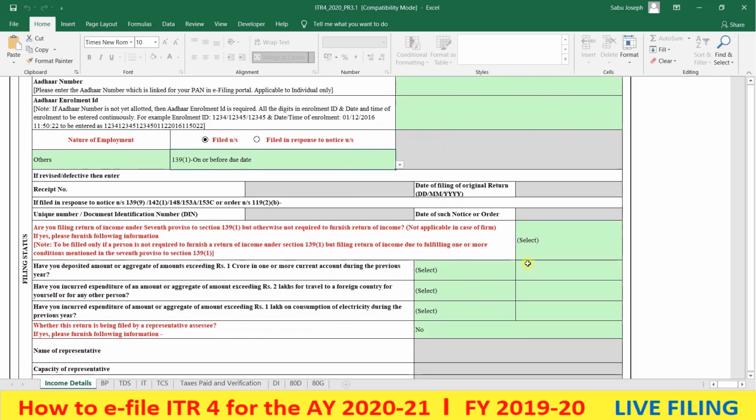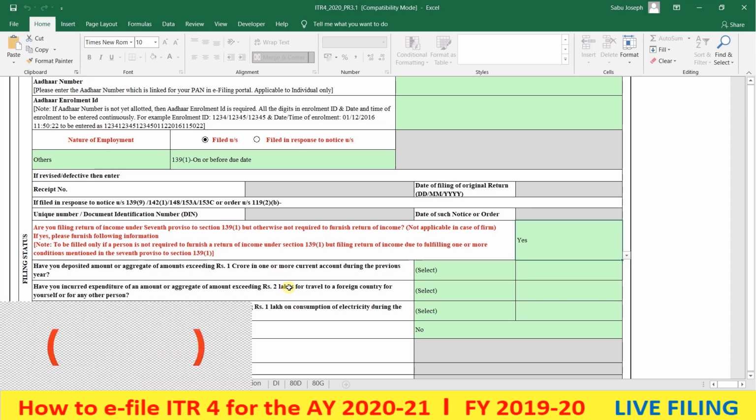Again come down. Here it is asking, are you filing return of income under 7th proviso to section 139(1), but otherwise not required to furnish return of income. If you are selecting yes for some questions, that is, have you deposited amount or aggregate of amount exceeding rupees 1 crore in one or more current account during the previous year?